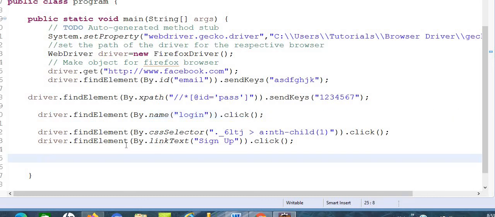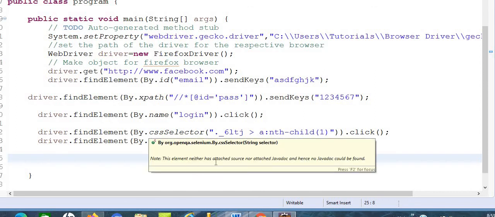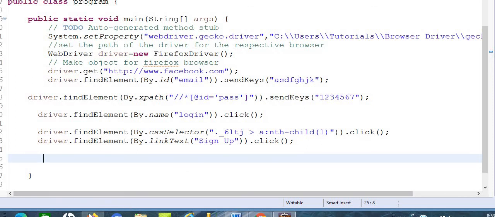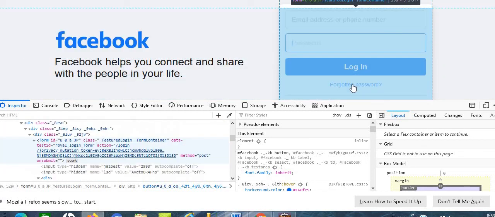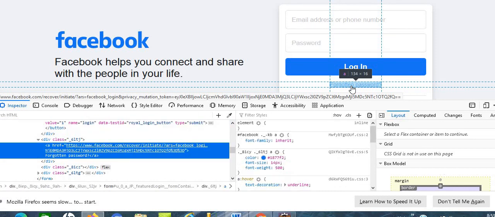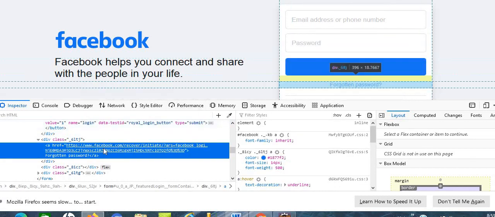After that I am taking the CSS selector. I am taking this CSS selector for the forgot password link. Just click on it. This is forgot password.